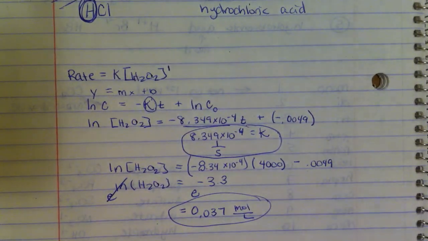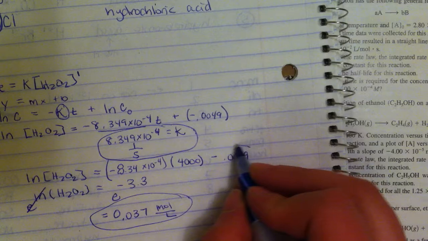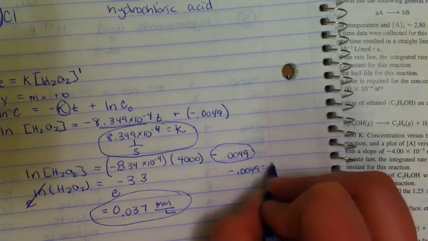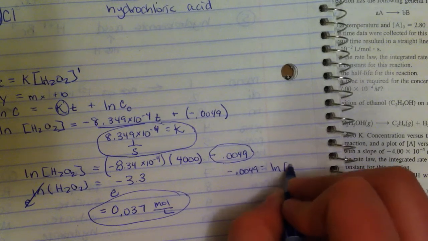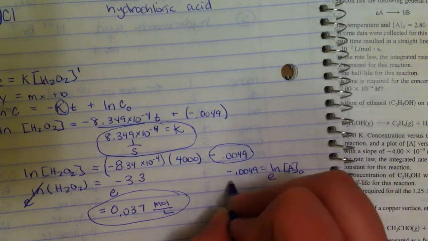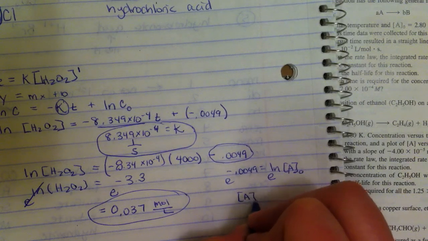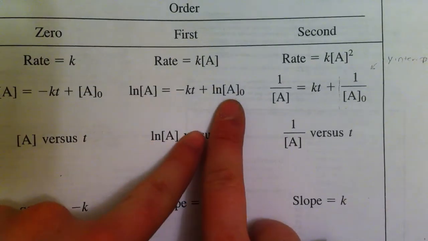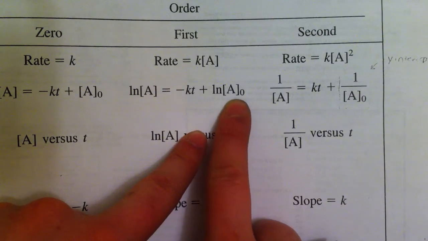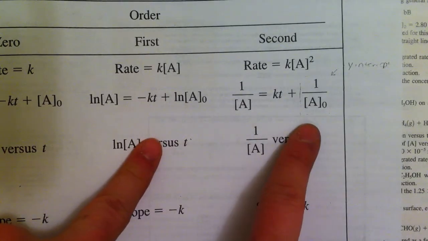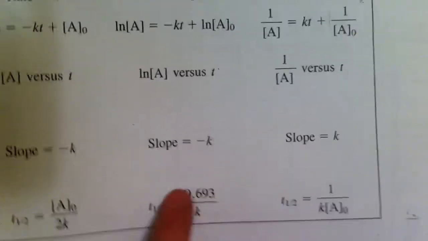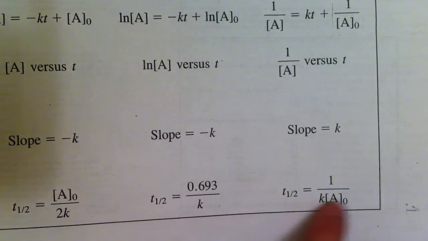Okay, they could also have asked you what was the initial concentration, so you could take this value, and we know that negative 0.0049 equals the ln of the concentration initially. So e to the power will give us the initial concentration. This chart tells us all that important information. The y-intercept is actually the ln of the initial concentration. Okay, if it's second order, it's actually 1 over the initial concentration. Okay, the slope is always k, and this half-life part is going to come in